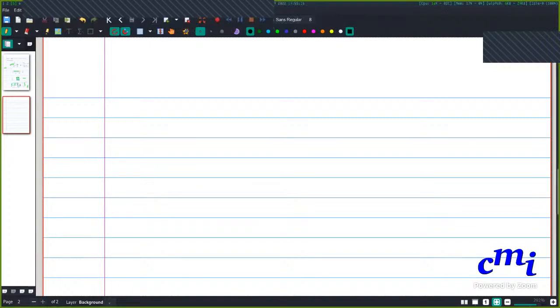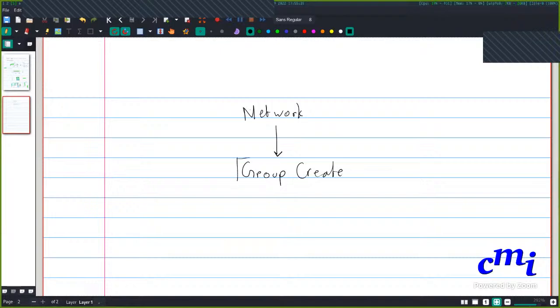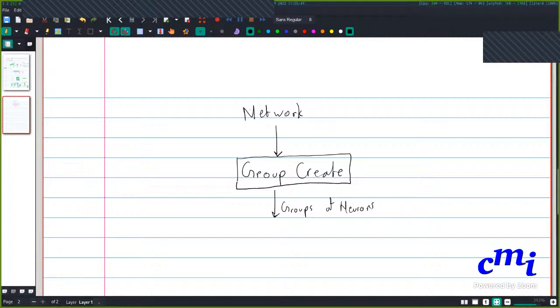So we are going to take the network and pass it to a module that is going to create groups, right? This is going to create these groups of neurons, which we are then going to use.